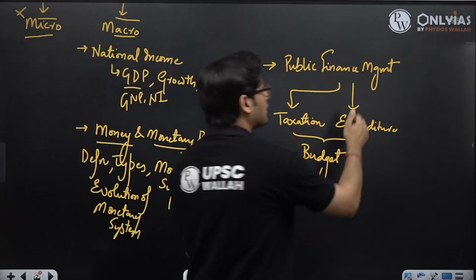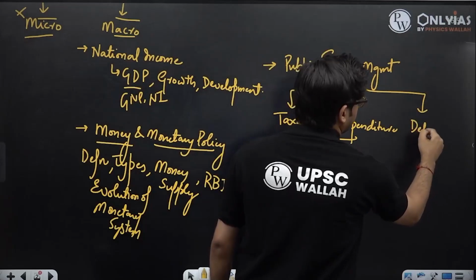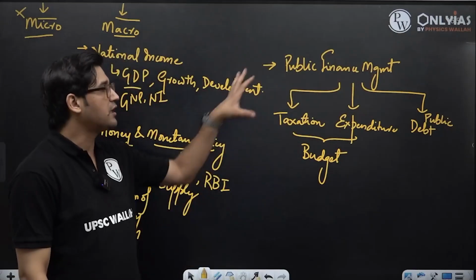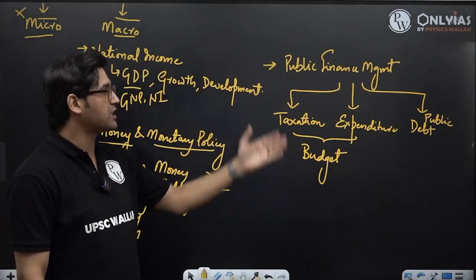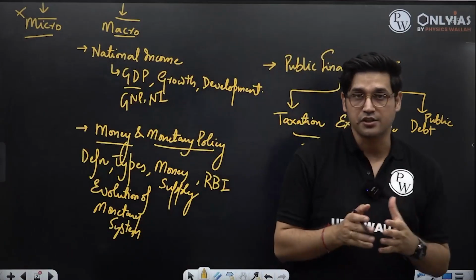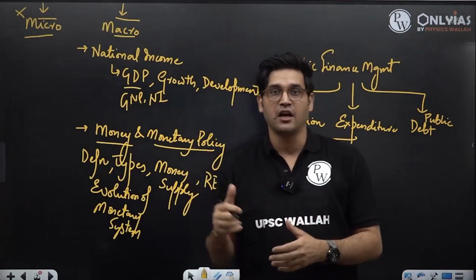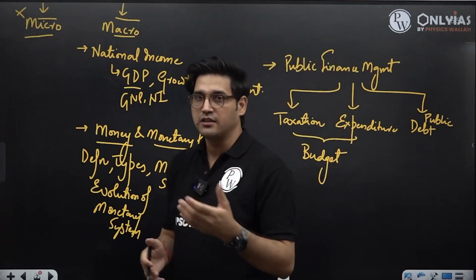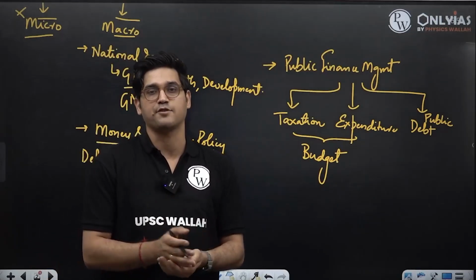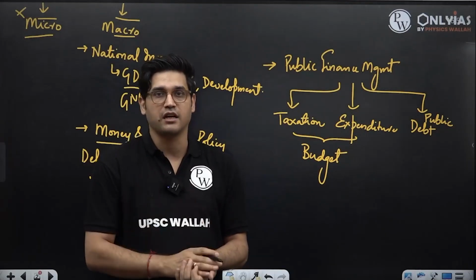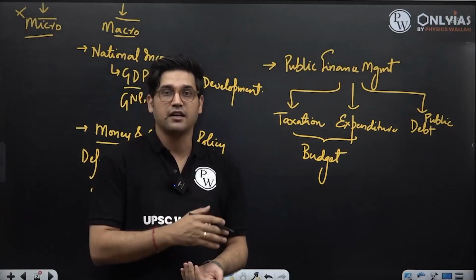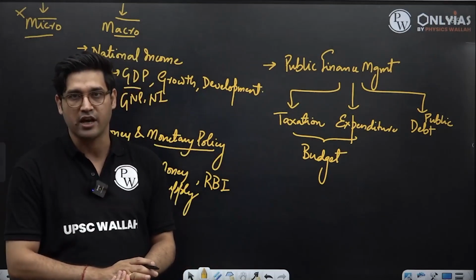Now, following this, the third thing we'll have to talk about will be debt. More specifically, public debt. This is the third important topic in public finance management: decisions of the government concerning taxation, decisions of the government concerning its expenditure, and if the expenditure exceeds the taxation or receipts of the government generally, then there is a situation of deficit which has to be financed through debt. When the government takes this debt, we are going to call it public debt. And how does the Indian government manage its public debt? That is the third important topic that we'll have to be covering in macroeconomics.